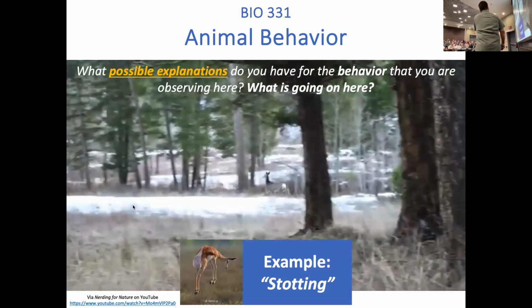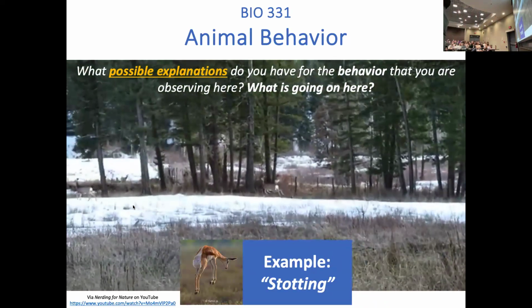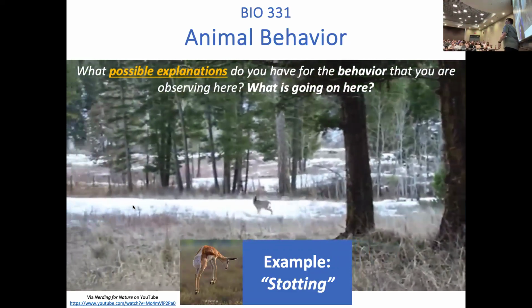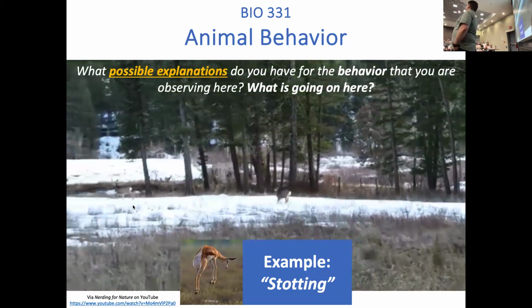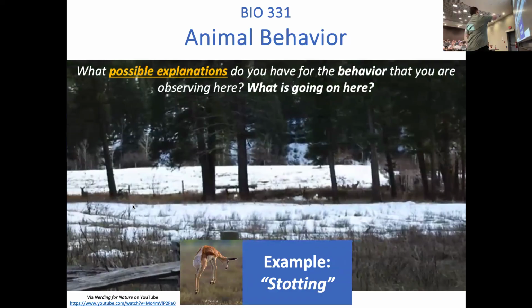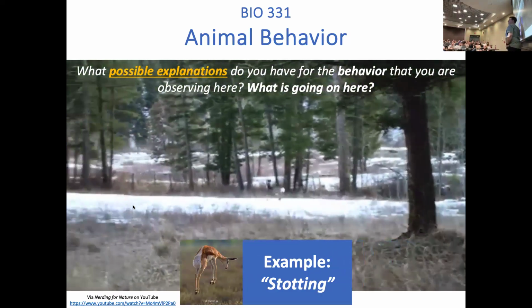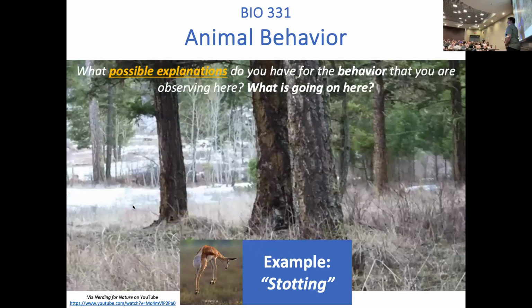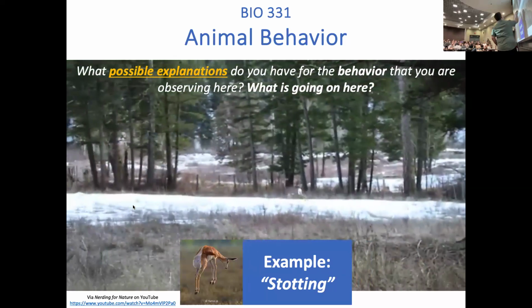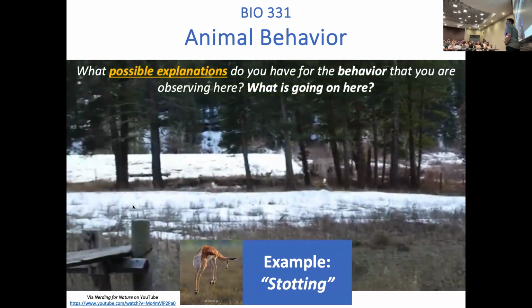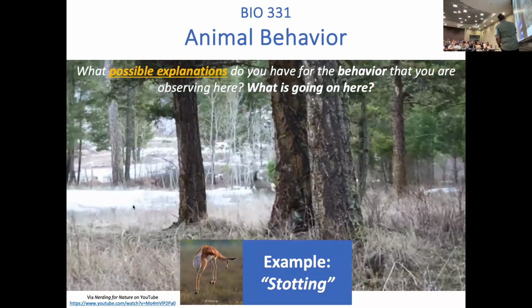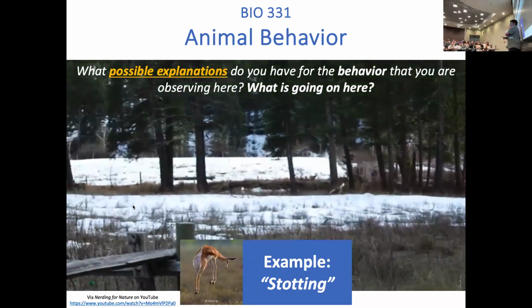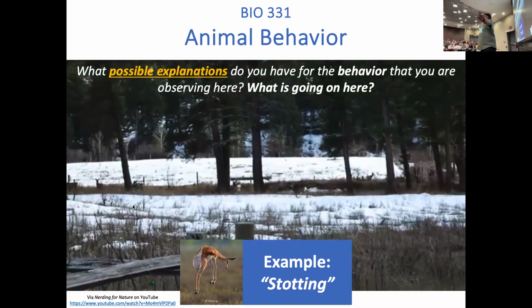This is a behavior known as stotting. A lot of ungulates do stotting behavior. So a quadruped will be running away from a predator often, and they can run at very high speeds. But instead of running at their top speed, they start leaping into the air, pointing all 4 of their legs down, and oftentimes in some species arching their backs like this. They'll do this as adults as they're running away, and it can look a little bit more like this. This is, I think, maybe a mule deer. I think this is a pronghorn or something like that. But this is across a wide range of ungulates